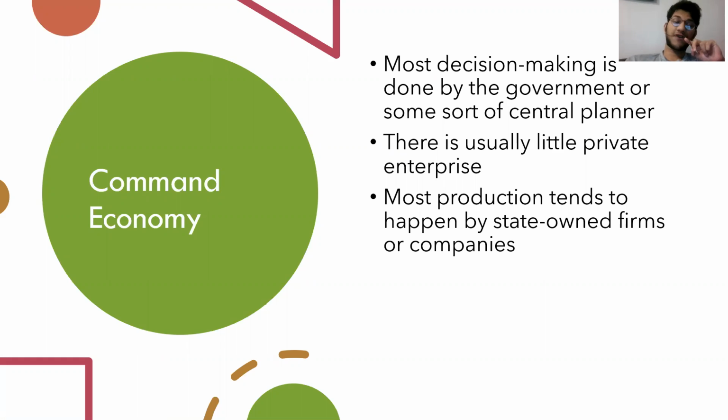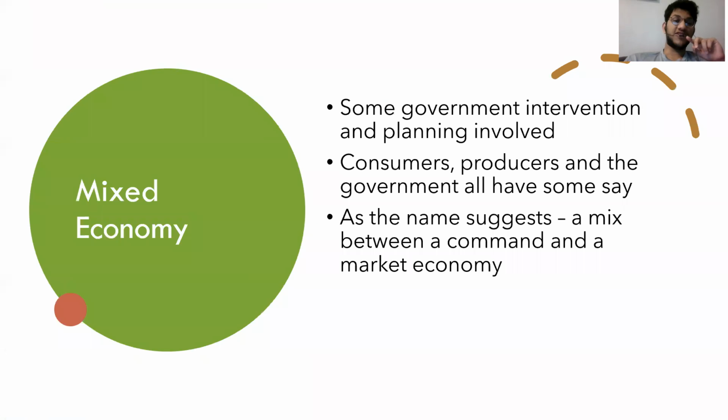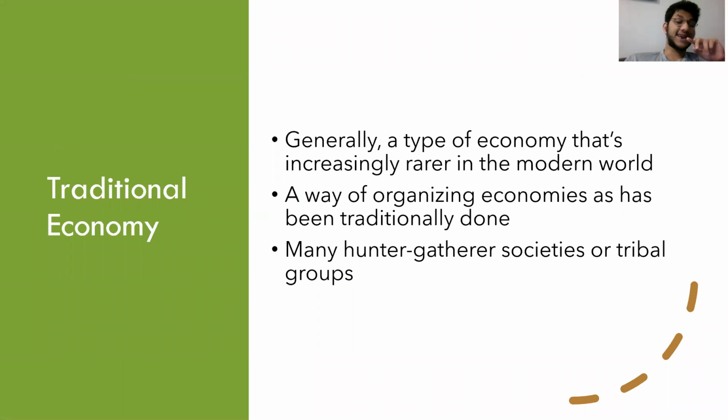If it's a very high degree of government involvement, it's a command economy. If it's a very low degree of government involvement, it's a market economy. If there's a mixture of government involvement and consumers and producers, everyone has some say. It's a mixed economy, which is the most prominent form of economy we have, and traditional economy is the exception, where it's not similar to the other kinds of economies. It's a way of organizing economies as has traditionally been done. We're talking again about hunter-gatherer societies or tribal groups that do not fit into our traditional definitions of what